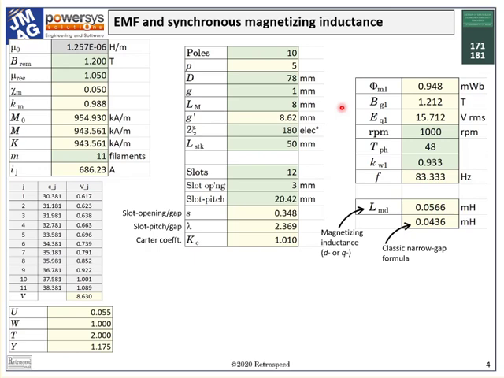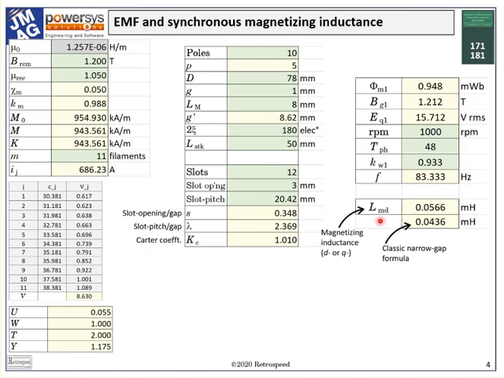The formula allows us to calculate also the fundamental space harmonic component of flux density in the air gap. It's 1.2 Tesla, which is pretty high. But that's what happens with high energy magnets, and we'll just have to be ready to use low loss steel to limit the core loss. We can see here also at the bottom right the air gap component, or the magnetizing component of the synchronous inductance, calculated by two slightly different methods. Let's have a look at this next.